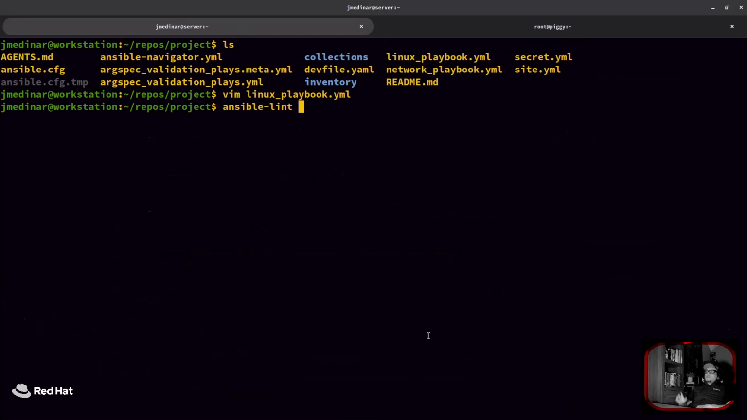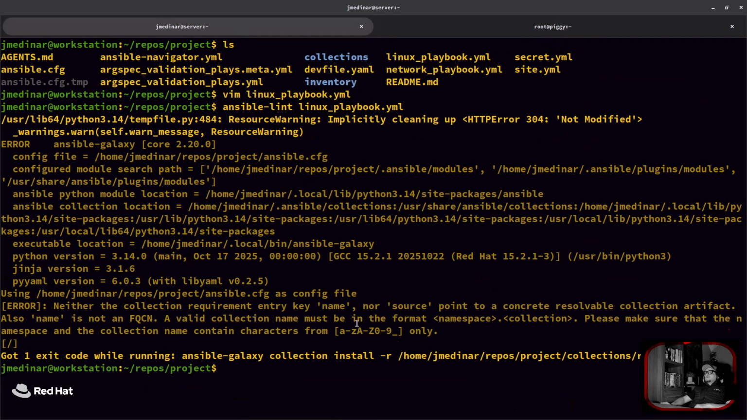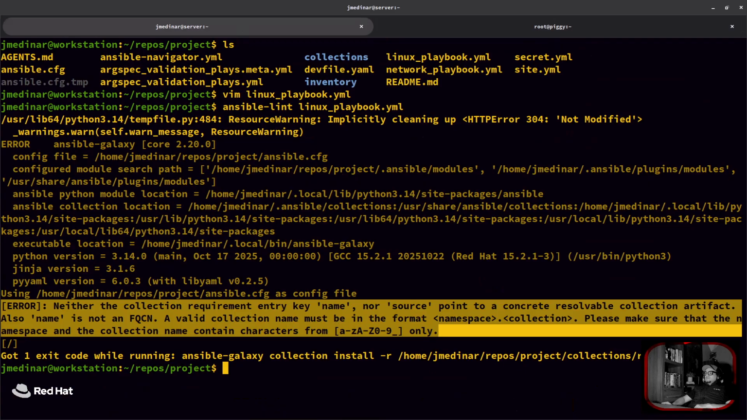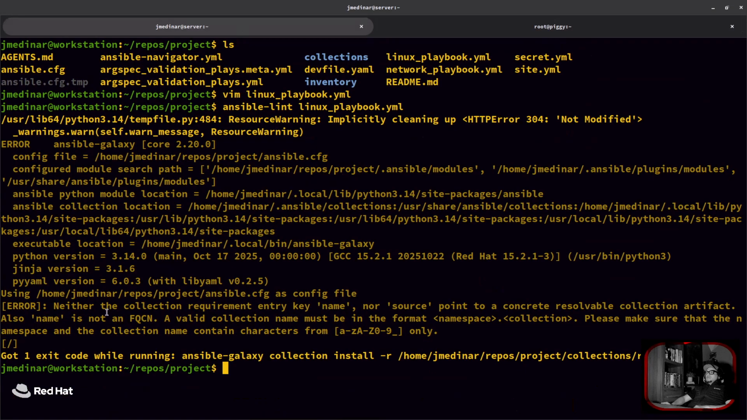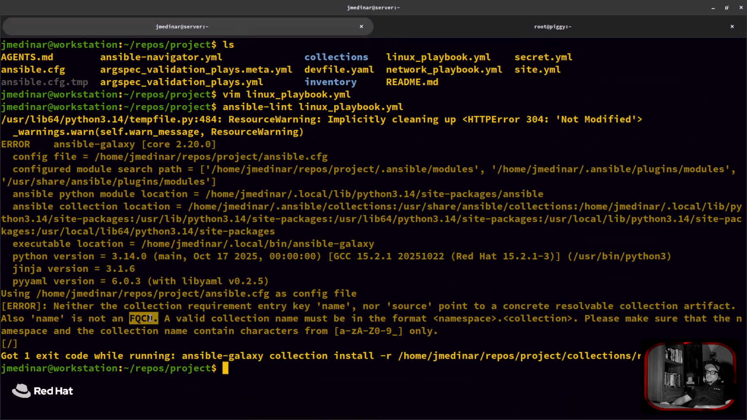So the way you run it normally, if you want to run it locally, is just say ansible-lint, and you run it against the playbook that you want to check. Now, if you run it that way, notice that it automatically says there are a few things that need to be corrected. One of them is, for example, it's saying, using Ansible configuration file, the error: neither the collection requirement entry key name or source point to a concrete resolvable collection artifact. Name is not a fully qualified collection name,